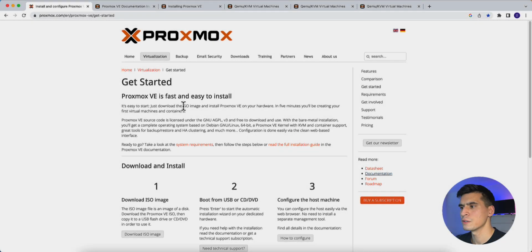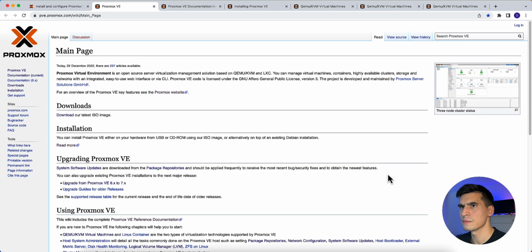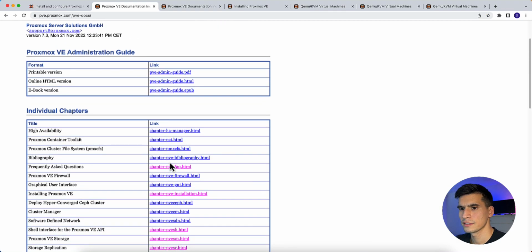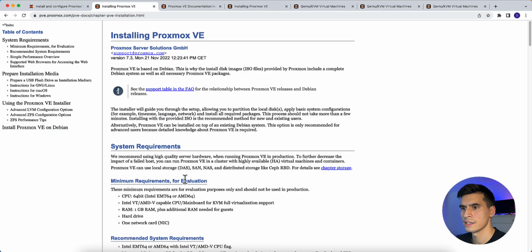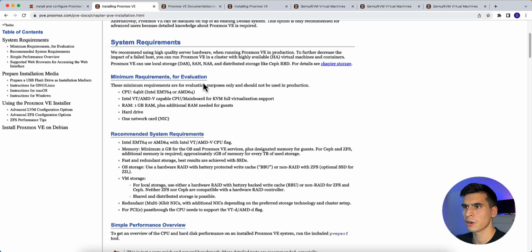If we go to documentation, current here, scroll down to installing Proxmox VE, you can see the minimum requirements and then recommended system requirements. So this is an easy way to install Proxmox with nearly any device as long as you're meeting these minimum